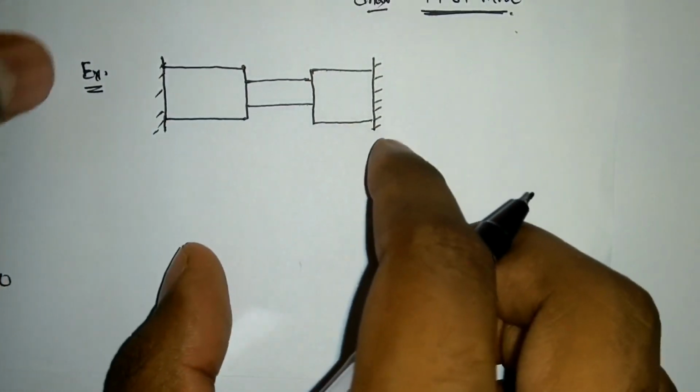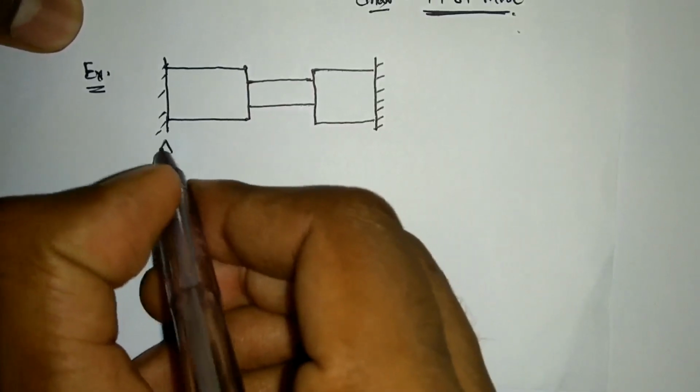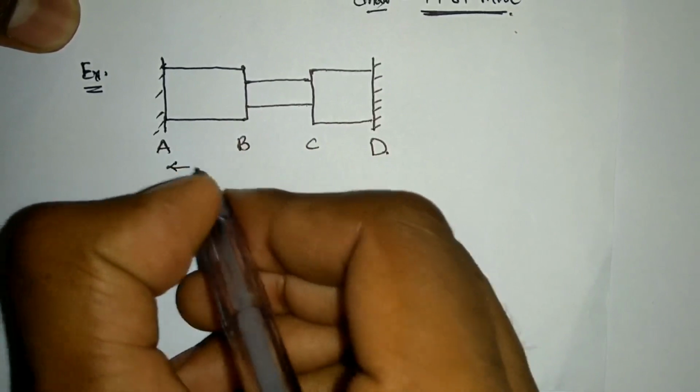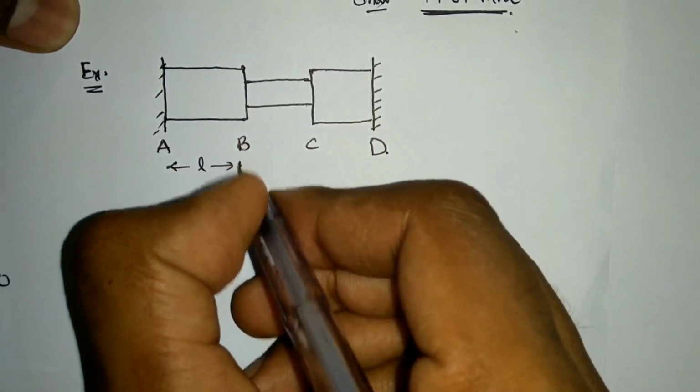Now when the shaft is fixed at both the ends, and these are my points A, B, C and D, lengths are L only, all the lengths here are